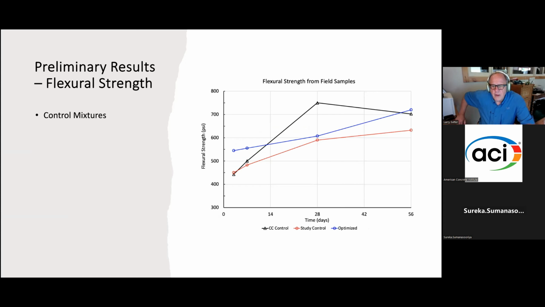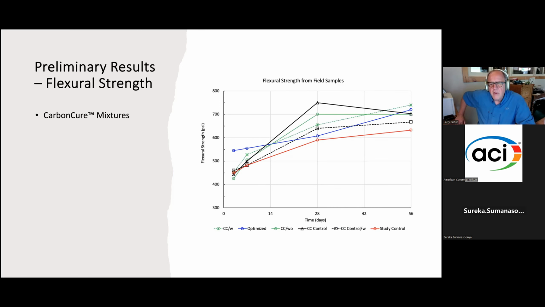Flex rail strength, again, the controls, we had a little bit of weirdness in our flex rail strength data coming from the field. You can see how the carbon cure control kind of went a little bit wonky, but I think probably it's tracking pretty well with the other ones. I think that last one of those two data points, probably the middle data point, is probably throwing us off. And then we throw on the carbon cure mixes, and again, you can see there where they're falling a little bit higher above the controls.